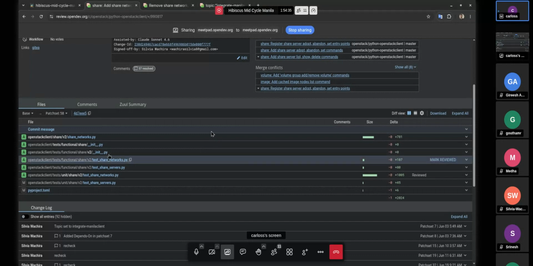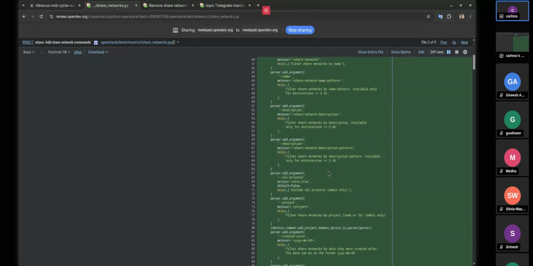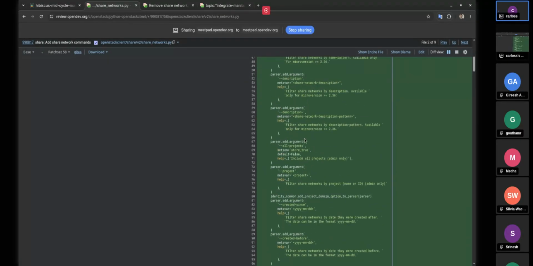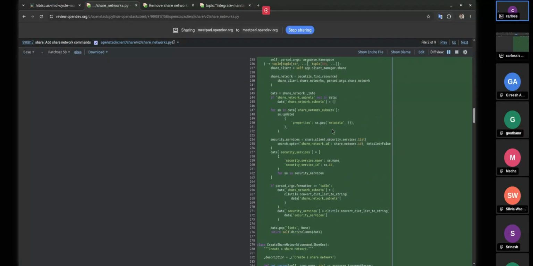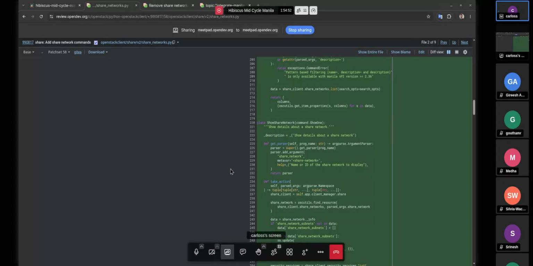So, for example, if we are migrating all of the share network commands, if we implement list share network, create share network, delete share network, all as part of the OpenStack client, we don't have any benefit on maintaining the same code in two places.